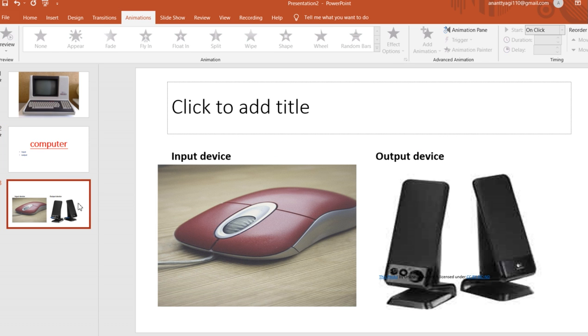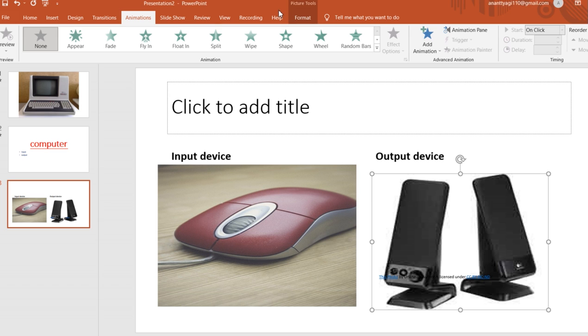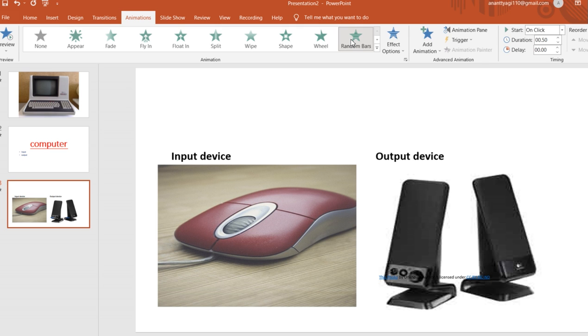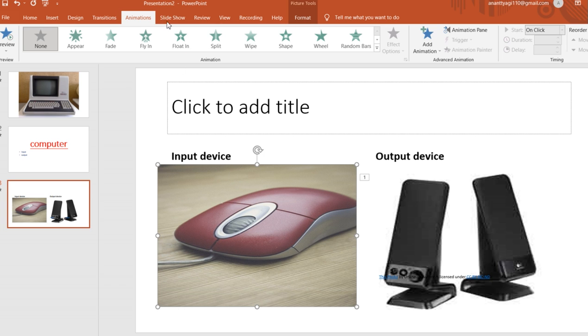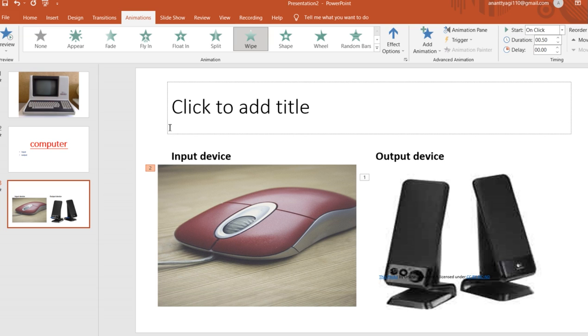If I am taking these two pictures, first I choose the random bars like this, and second I choose the wipe like this. Okay, now you will see the numbers. If I apply a single animation on one image or object, it will show 1, then 2. It means we can apply a number of animations on a single picture. Okay,